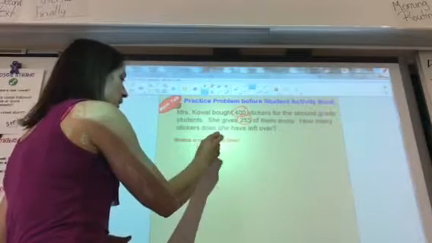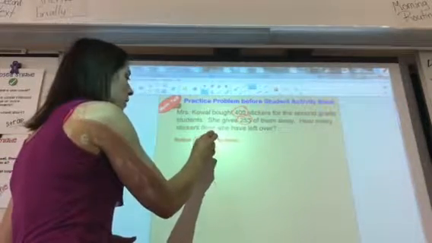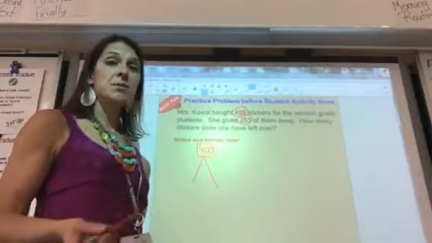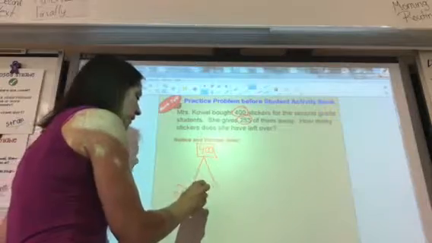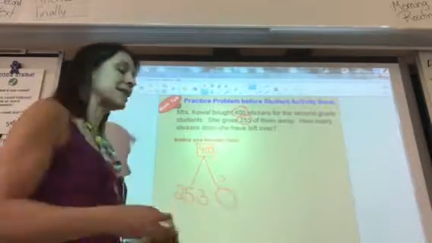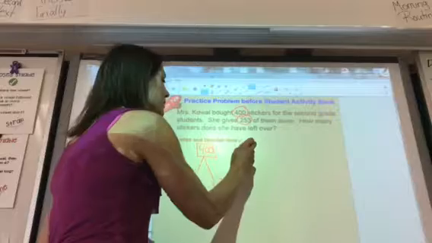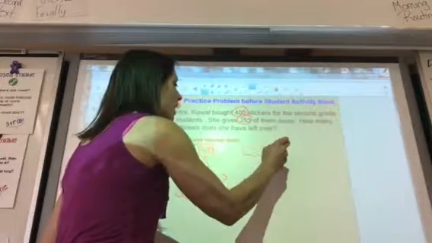If I make a math mountain, the top number is 400. That's how many stickers Mrs. Kowal has at the beginning. She gives 253 of them away, and we need to find the missing add-in. If I use a proof drawing and represent 400,